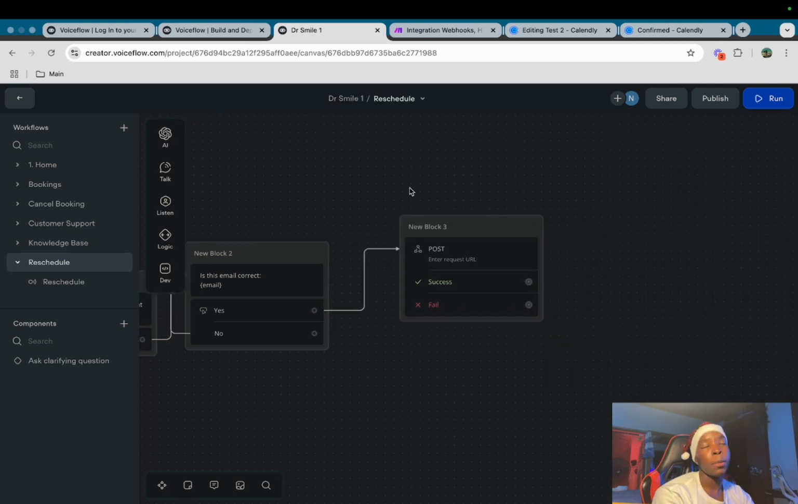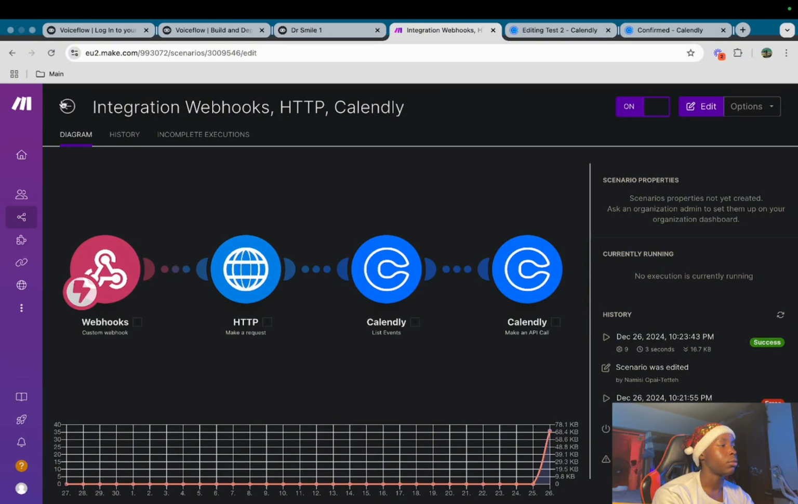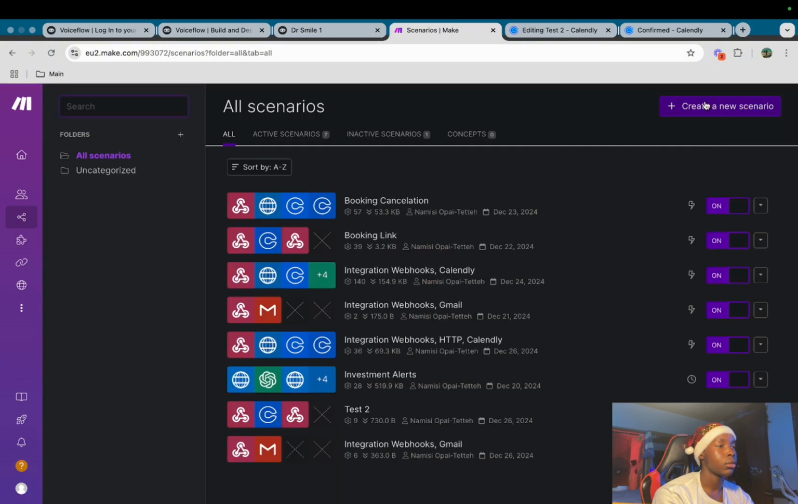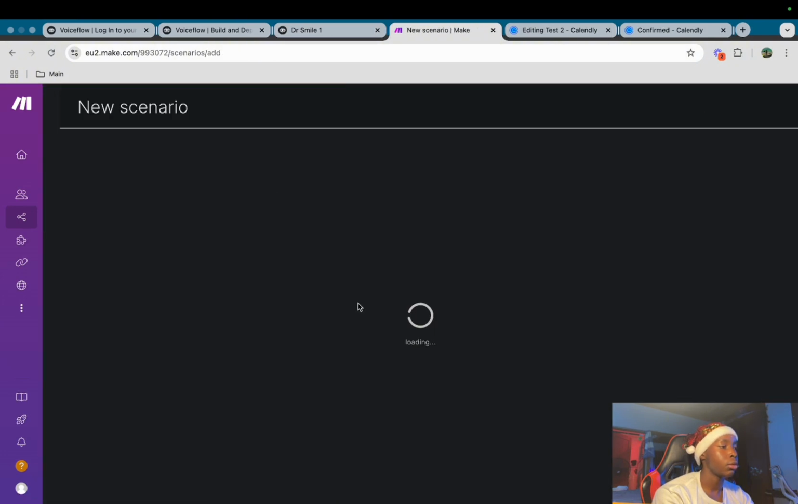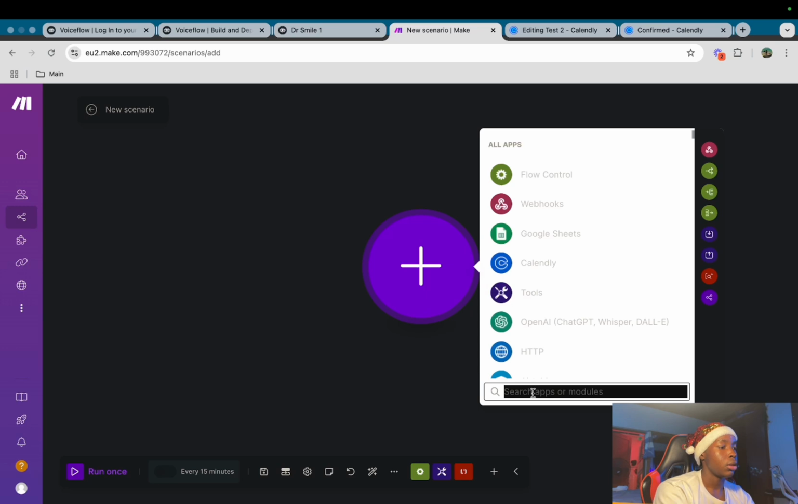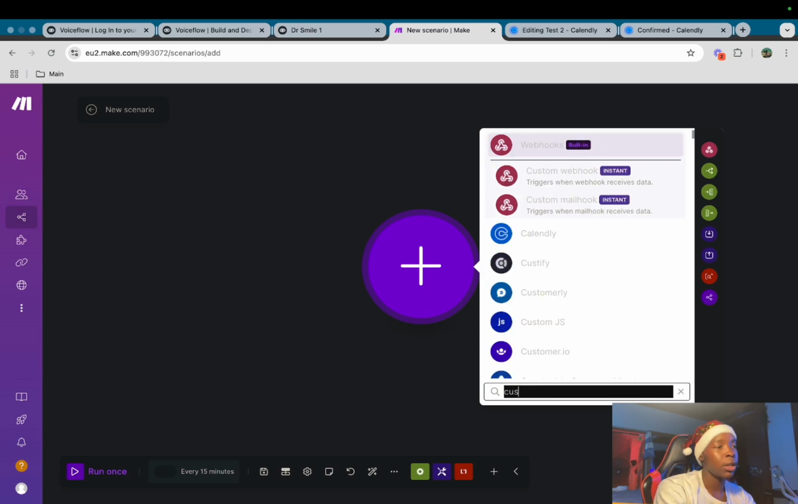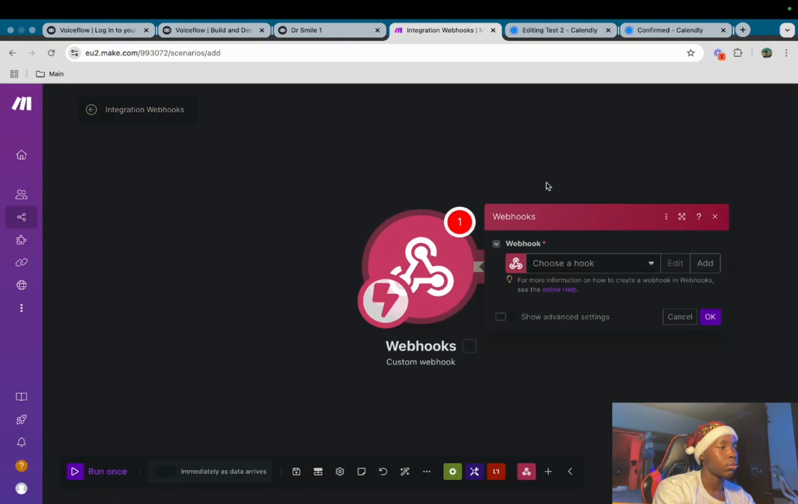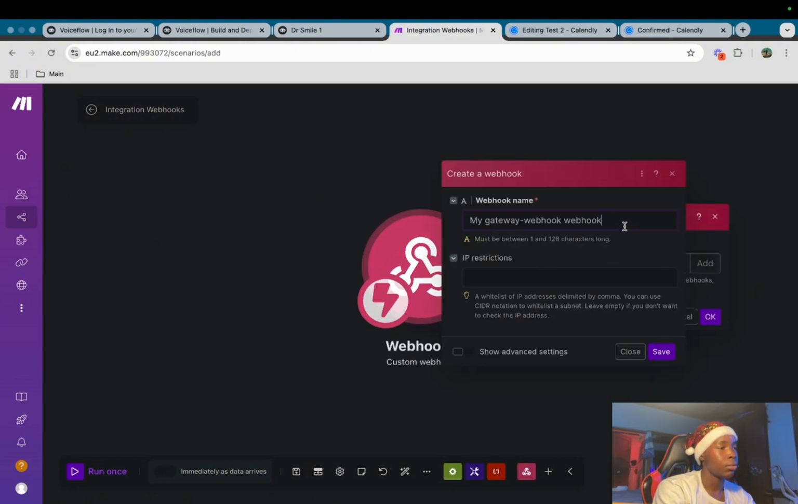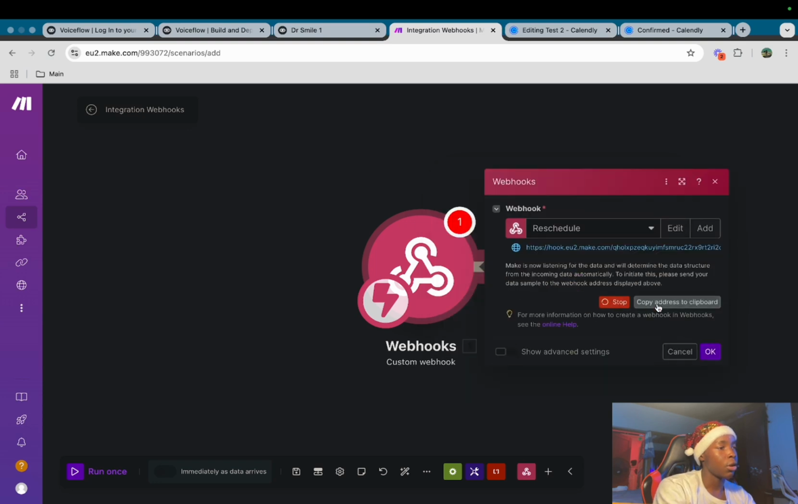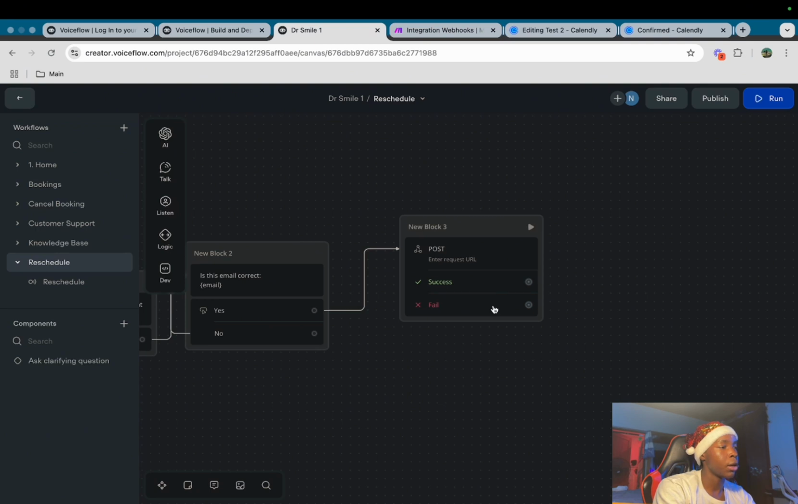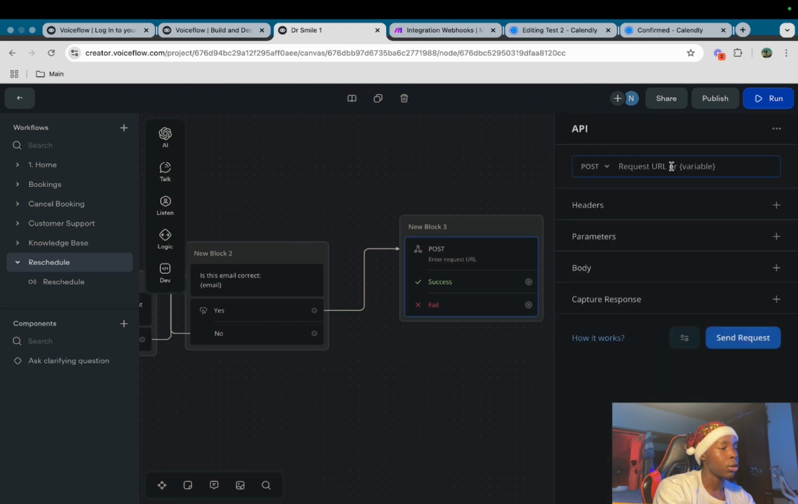Post. I'm going to open up a new make.com scenario, create a new scenario, custom webhook. It's quite similar, you know. We'll just add a new one, reschedule, save, copy address to clipboard, go back here, Control V,